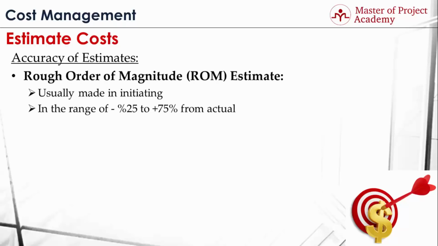Rough order of magnitude estimate is used during the initiating phase of a project when there is less information about the project, when there are a high number of risks, ambiguities, and uncertainties. Rough order of magnitude estimate provides an estimation in the range of -25 to +75% from actual values. For instance, if an activity will cost $100, rough order of magnitude estimate gives a range from $75 to $175 respectively. The second type of estimation range is